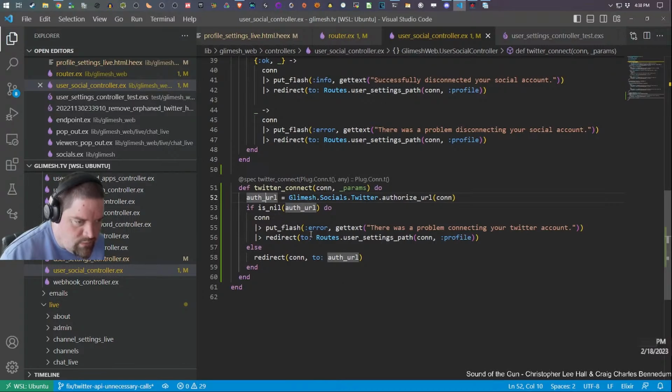Or if it's nil, you're redirected back to the profile. And then that way the test will actually pass if you have,